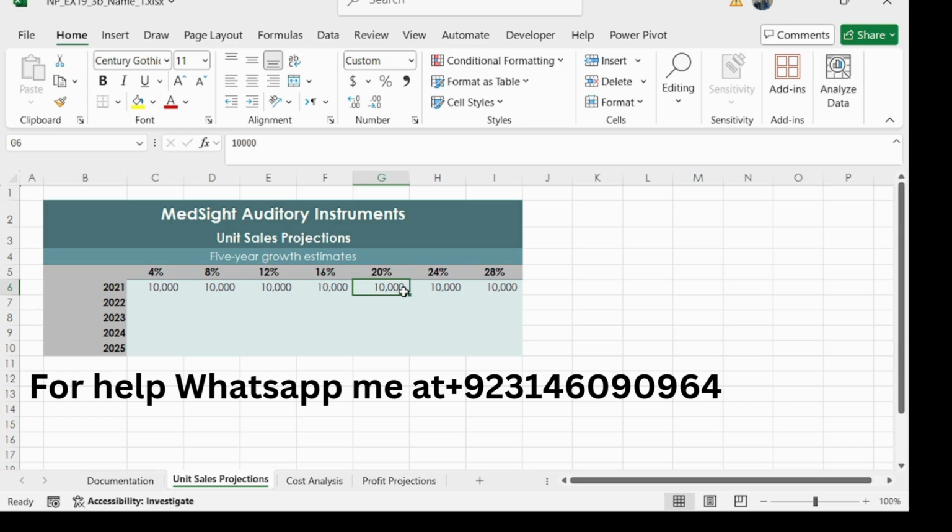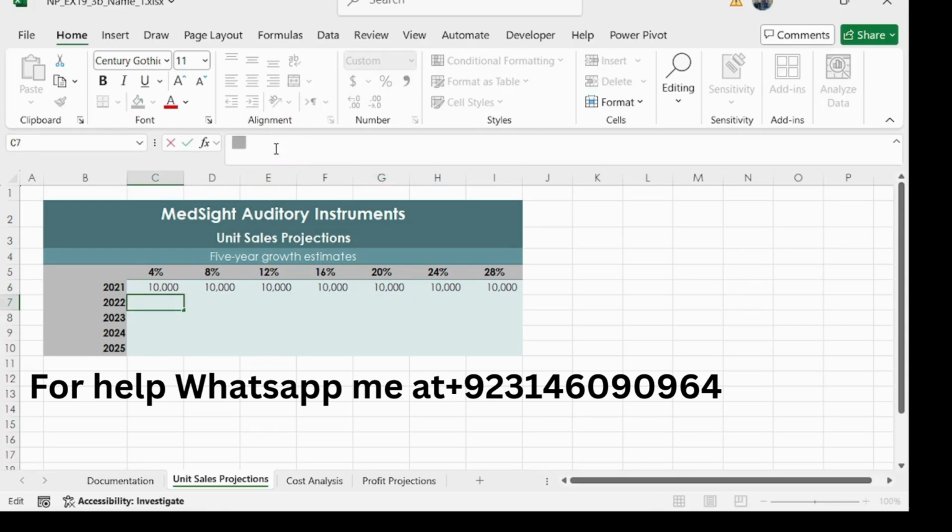Our step number 4 is in cell C7. So this is cell C7. Create a formula without using a function that multiplies the cells.